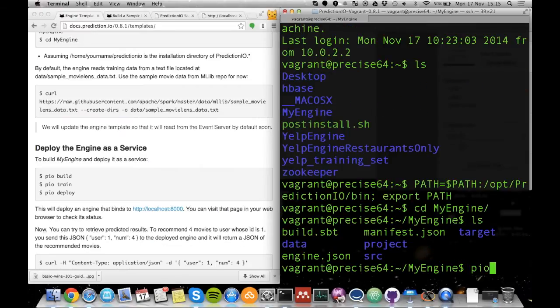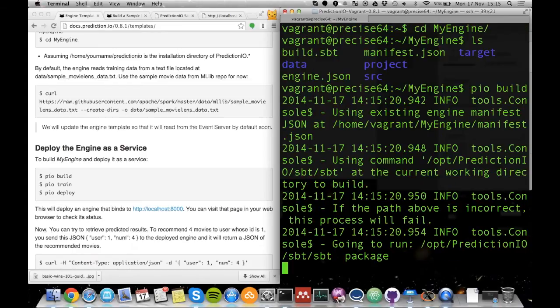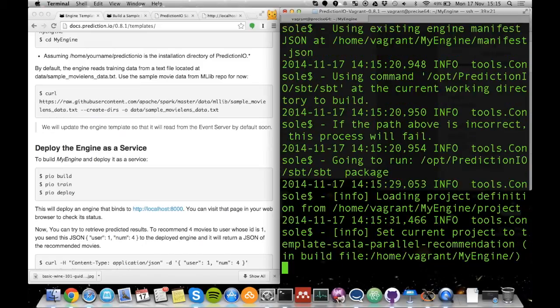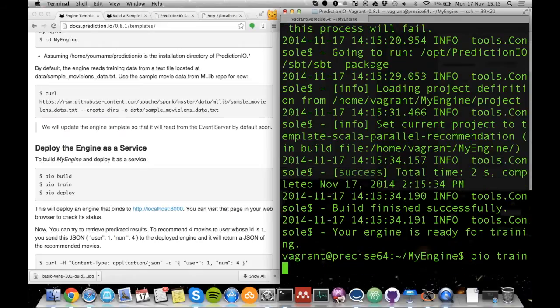And then what we're going to do is run through the main commands in PredictionIO. So the first command is to build an engine. So you just need to give this a second. And that takes the different components, the data source, the data preparator, the algorithm, the serving, and the evaluation component, and it builds an engine. This is now your engine's ready to train. And we run PIO train.